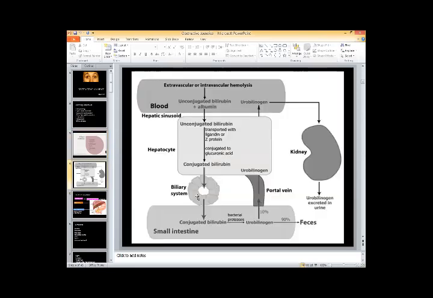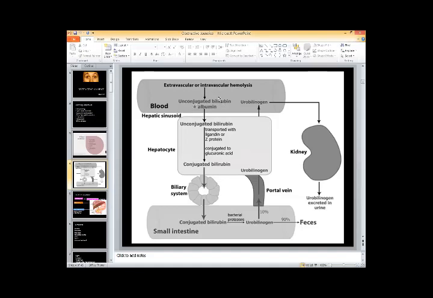Next is a similar kind of diagram. This is prehepatic, in the blood, the first phase of bilirubin metabolism. The second phase is the hepatocyte, and this is the hepatic phase. And the third phase is actually in the bile duct. This is the post-hepatic phase. So in the prehepatic phase, extravascular or intravascular hemolysis releases unconjugated bilirubin, which is joined by